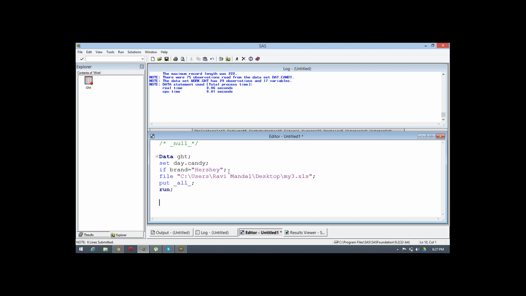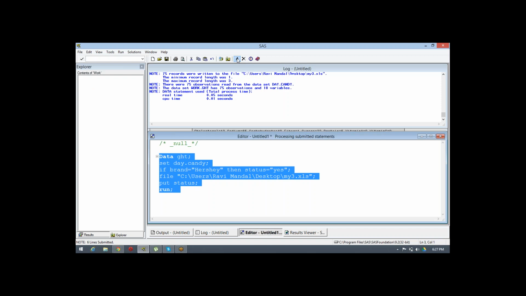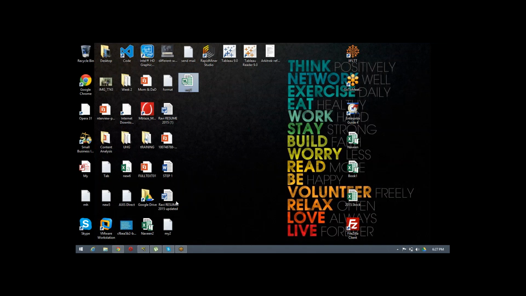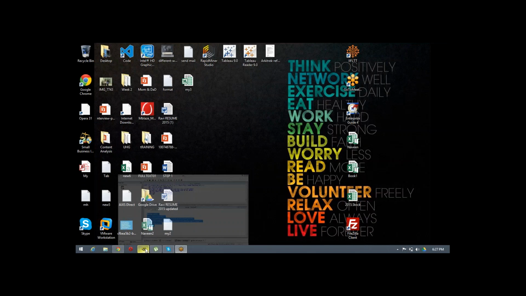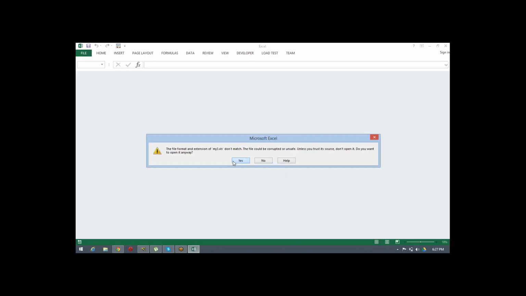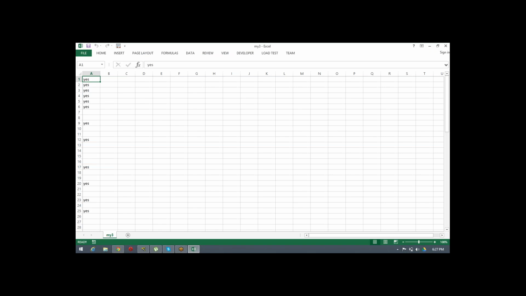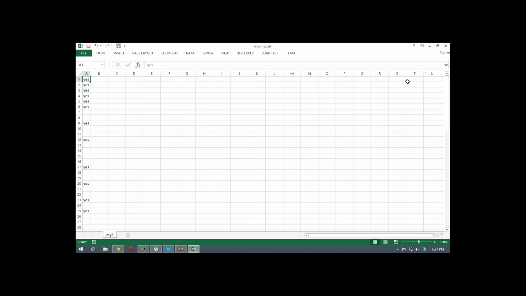Yes. So here, let's suppose I have created a new variable called yes. I'm just applying a condition. After the condition is applied, I want to extract the data. All the yeses got extracted. Let's see why there is a gap in between.